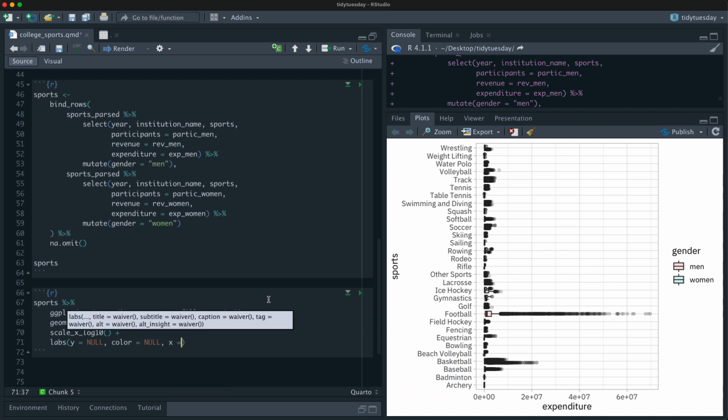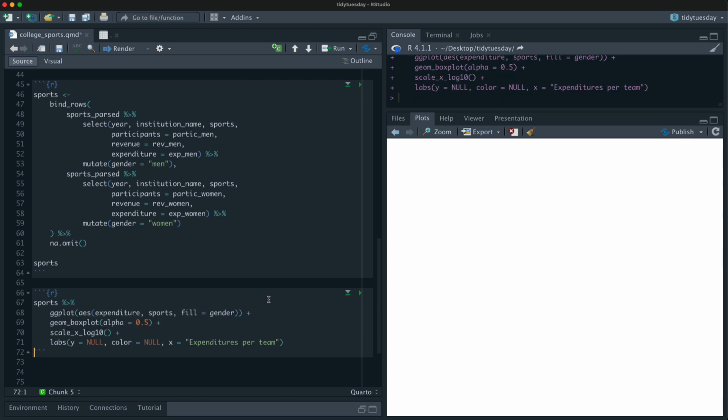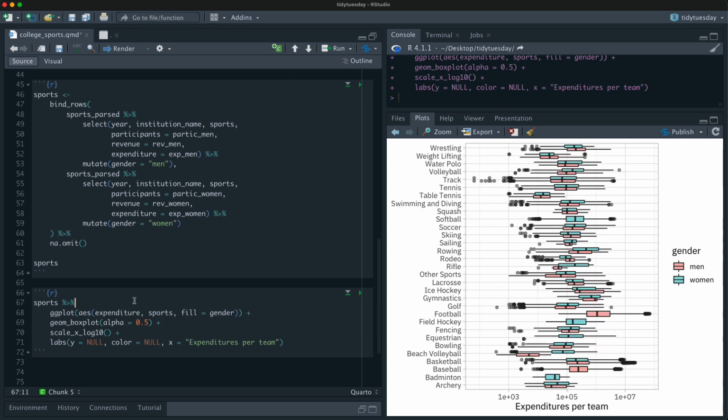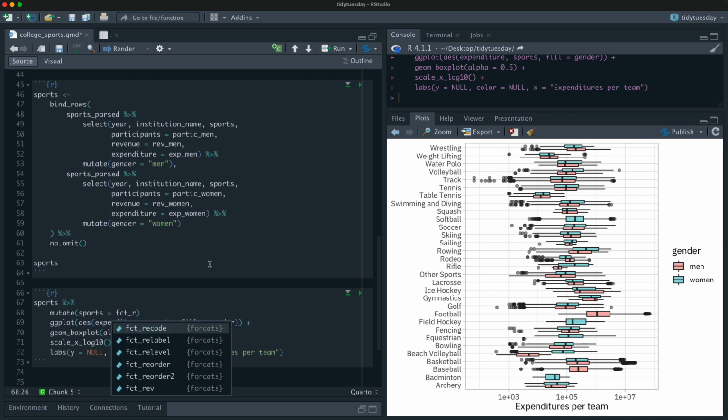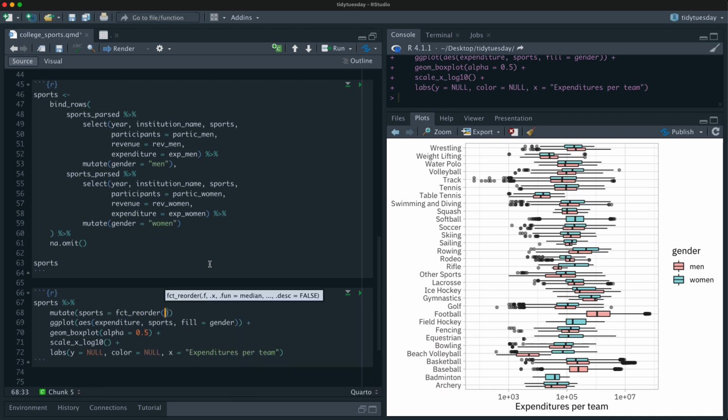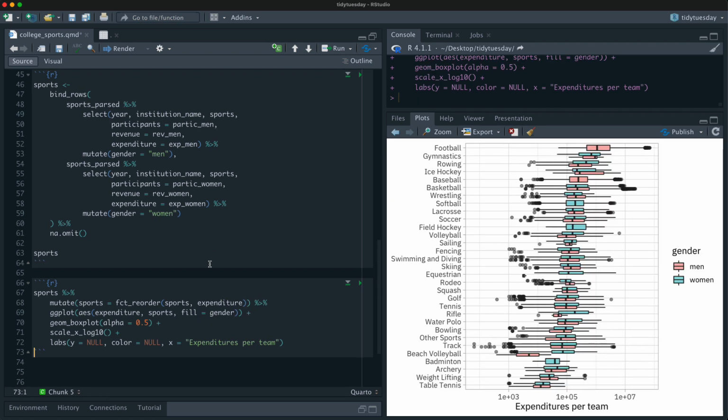And just to be clear, this is expenditures per team. Okay, that looks pretty good. Let's reorder this. So mutate sports, fct_reorder, not recode, reorder. We put in what we're starting with and then what we want to reorder it by. So let's reorder it by expenditure per team. Nice, this is looking good.